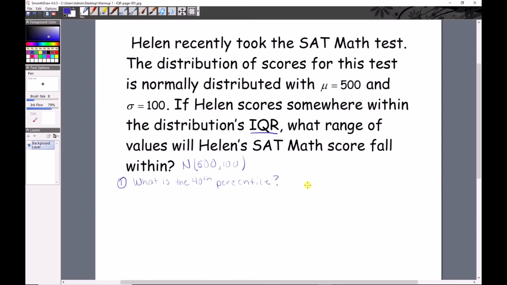A percentile, remember, is a value below which that percent falls, like the 50th percentile, 50% below and 50% above. So here would be the center, and off here would be the cut for 0.4,